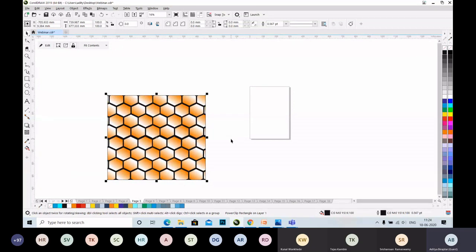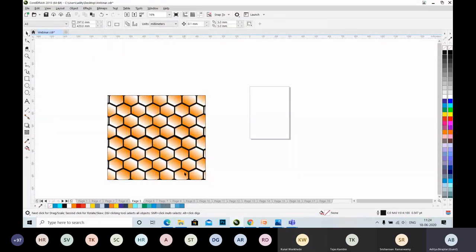Now you can see we have one more background using minimalistic tools and functions. Let's explore more of this power clip inside function.